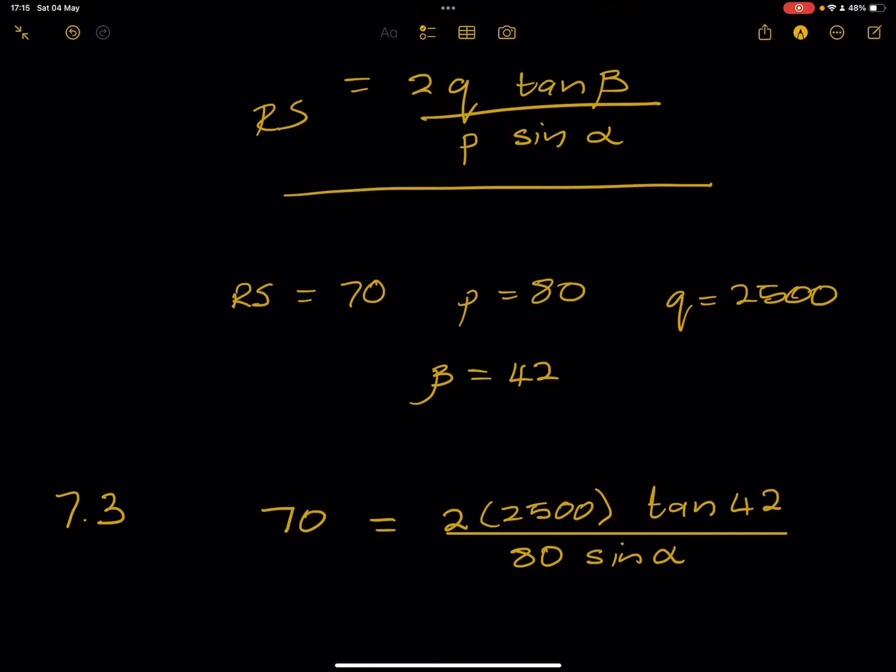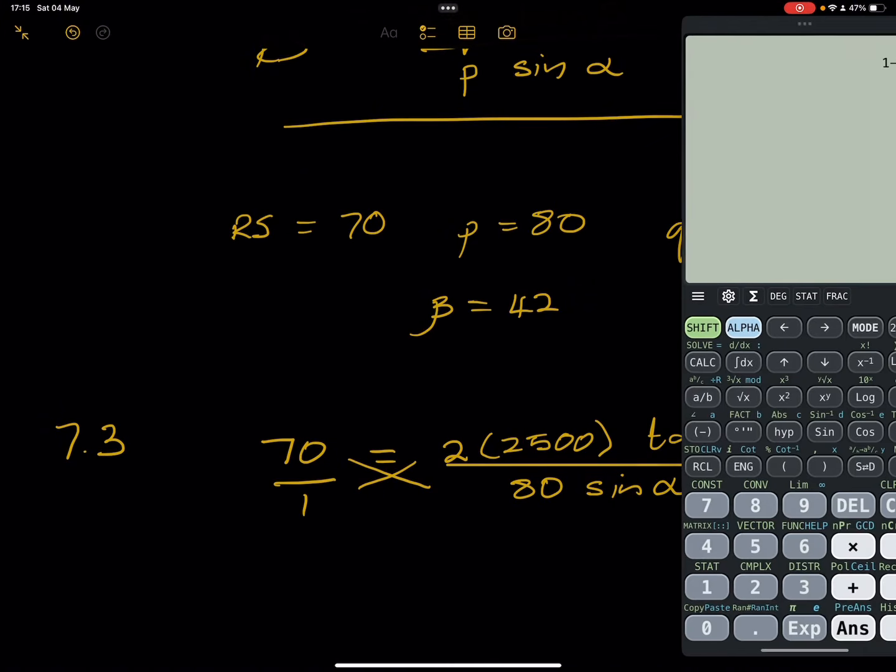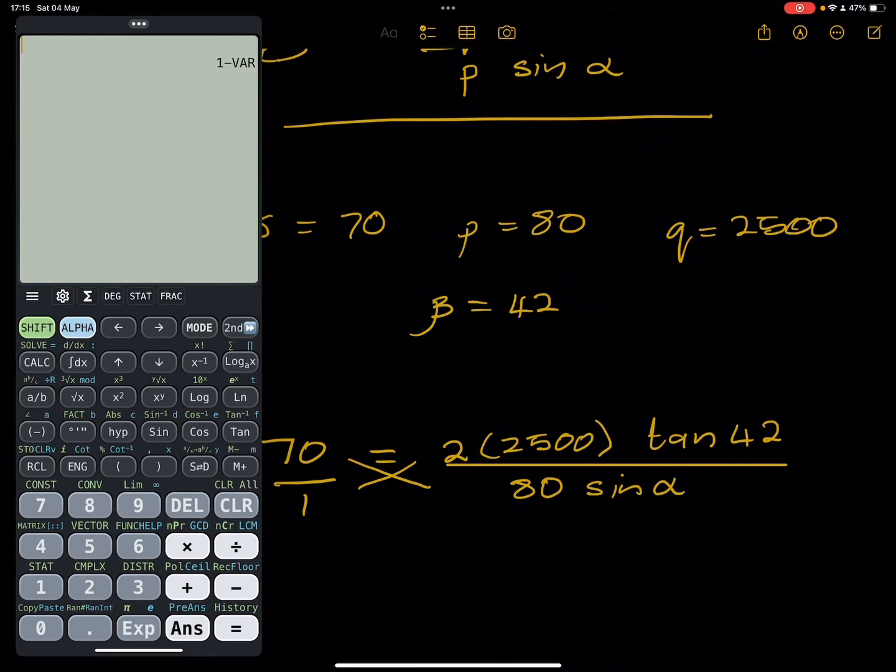Now, ladies and gents, what we can do is just cross multiply over there. So 70 times 80, okay, so let's whip out our calculator. So 70 times 80, that's 5,600, the sine of alpha, which is equal to